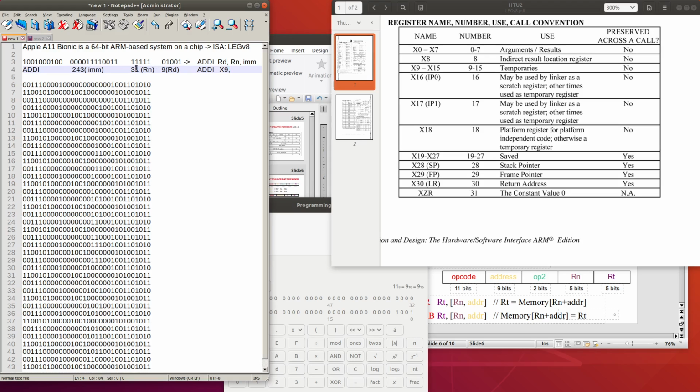Rn is 31, so it is X31, and the immediate value is 243.